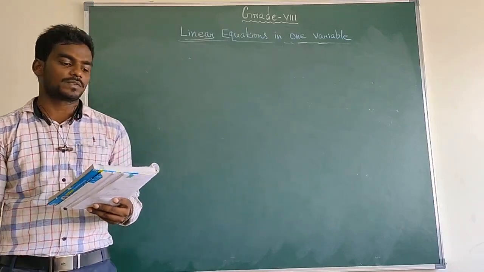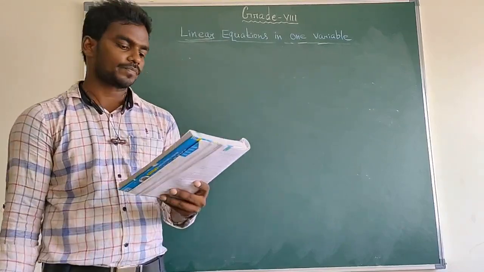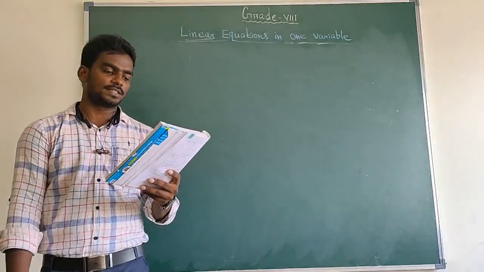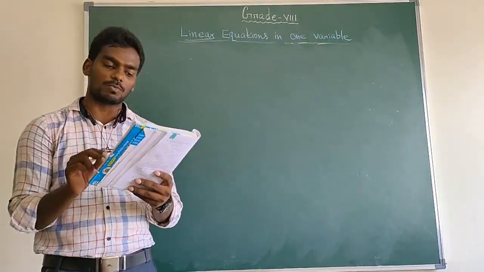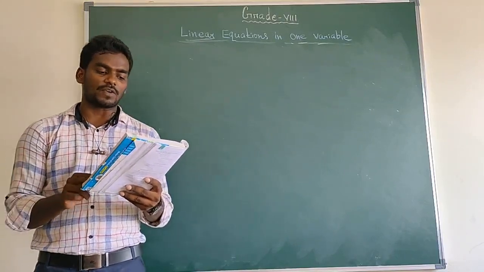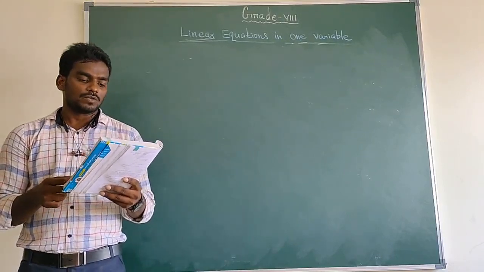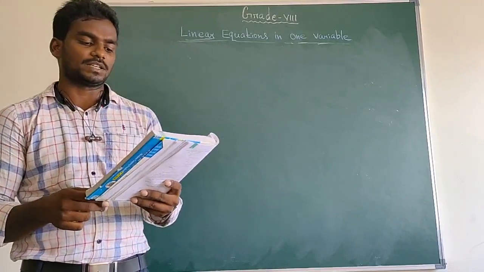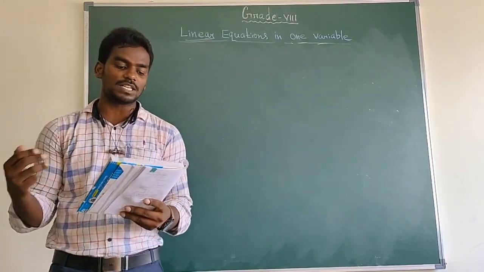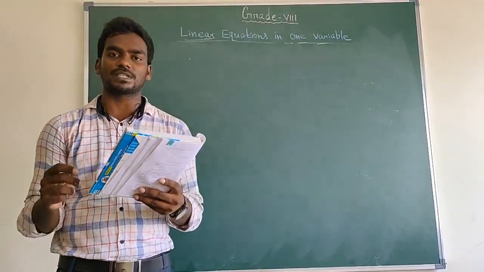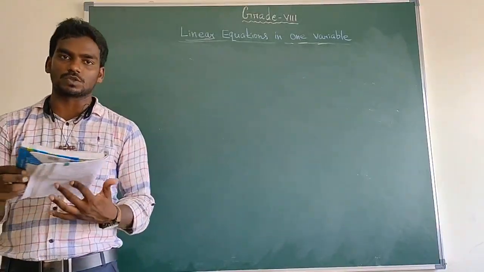So next our fifth question. See our fifth question. Suppose mother's present age is 6 times Sobo's present age. Sobo's age 5 years from now will be 1/3 of his mother's present age. So Sobo's age 5 years from now will be 1/3 of her mother's present age. So what are the present ages? We want to find the ages of Sobo and her mother.